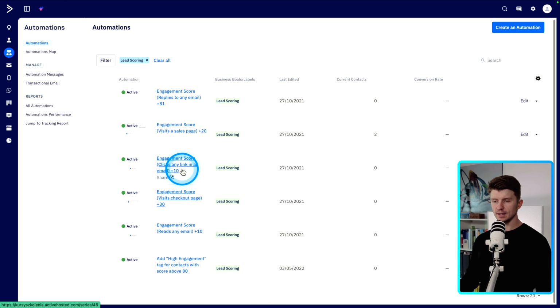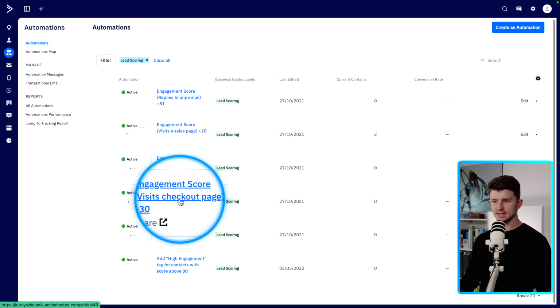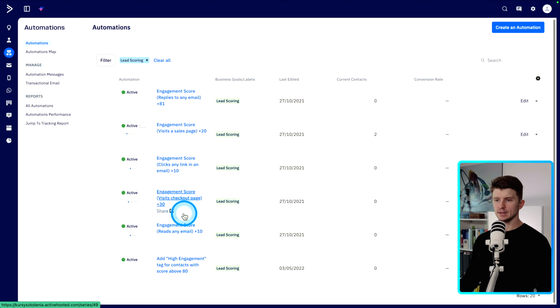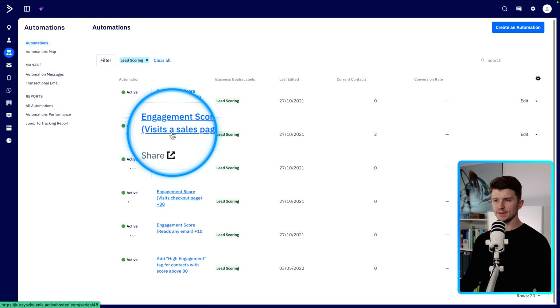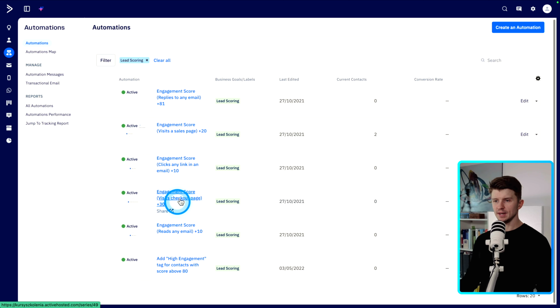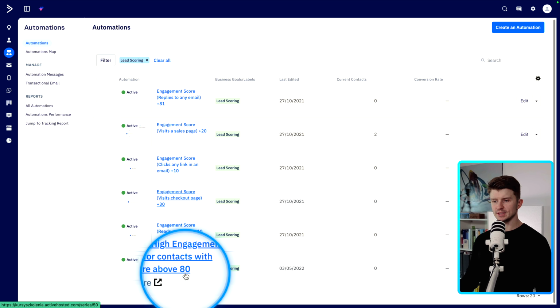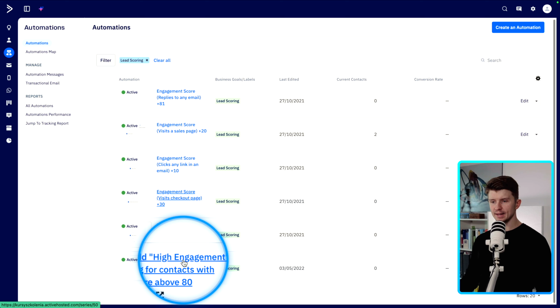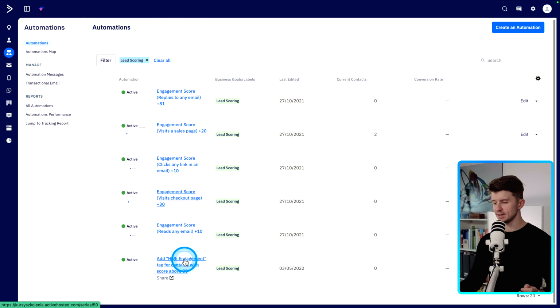Clicks on any link in your emails, visits a checkout page. Again, here visits a sales page plus 20, visits a checkout page plus 30, and reads any email plus 10. And if the engagement score is above 80, you would give them a tag like high engagement, which would mean that they would get automatically pushed to the sales team,